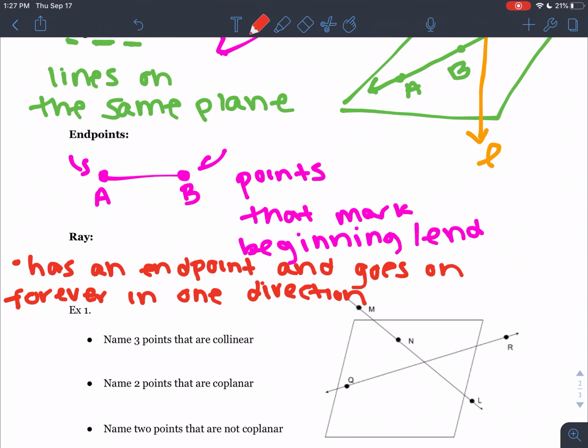And what that looks like is something like this, kind of like we're starting a segment, but then we continue it on forever. So if we have AB, we could call this ray